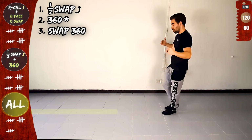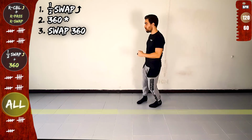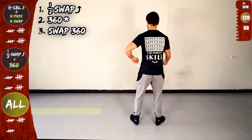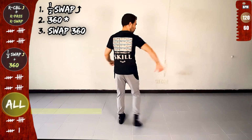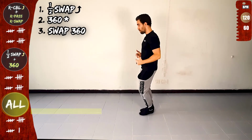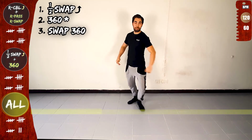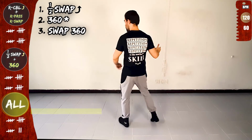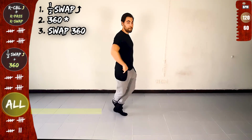5, 6, anchor, back, and over the line, 360, and swap 360, anchor, back, open and half swap, anchor, back, open and over the line, 360, twist, open and swap 360, anchor, back, open, close to the back, rotate on